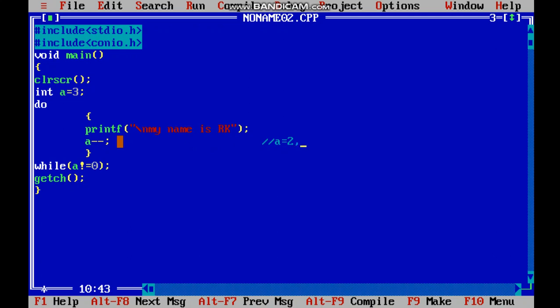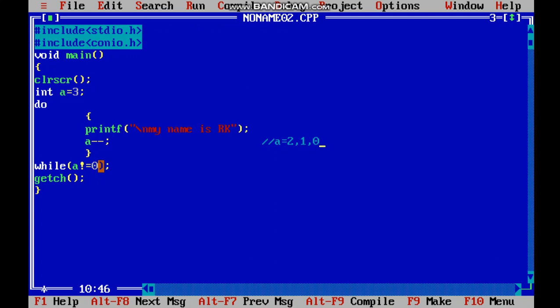Now the a value will be 1, and again 1 is not equals to 0. So the while condition is true, again you will come here, again a new line, in the fourth line my name is RK will be printed, and a minus minus. Now the a value is 0. 0 not equals to 0 is false, 0 is equal to 0. So here our condition becomes false and the loop is terminated.